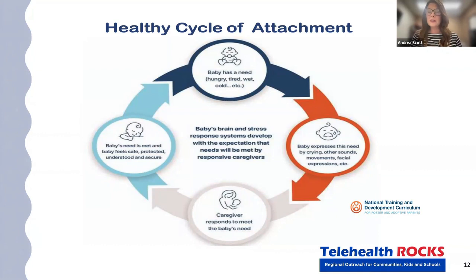Here's the cycle of attachment. This comes from the National Training and Development Curriculum, and many foster care providers have to go through this training. So the baby cries and they're saying, "Hey, I'm hungry, I'm here, please help me." And so the baby starts to cry, right? And their stress responses are then activated, meaning that, hey, I'm crying, I need something. And the baby continues that, and their legs, their facial expressions start to move, and sometimes they have some rapid movements. And then the caregiver meets their needs, saying, "Oh, baby, let me help you.